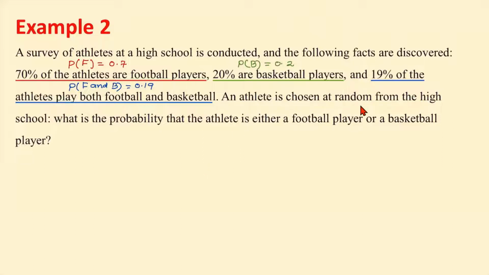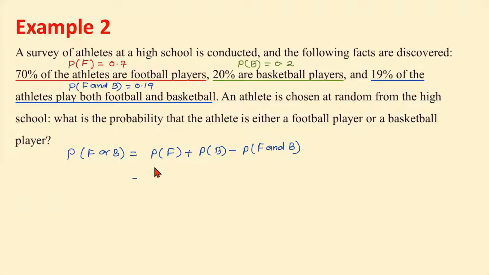An athlete is chosen at random from the high school. What is the probability that the athlete is either a football player or basketball player? So what we want is the probability that they are a football player or basketball player. Because we have "or" here, and you can see that the intersection has a probability, we use the addition rule, which will be the probability that they play football plus the probability that they play basketball minus the probability that they play both football and